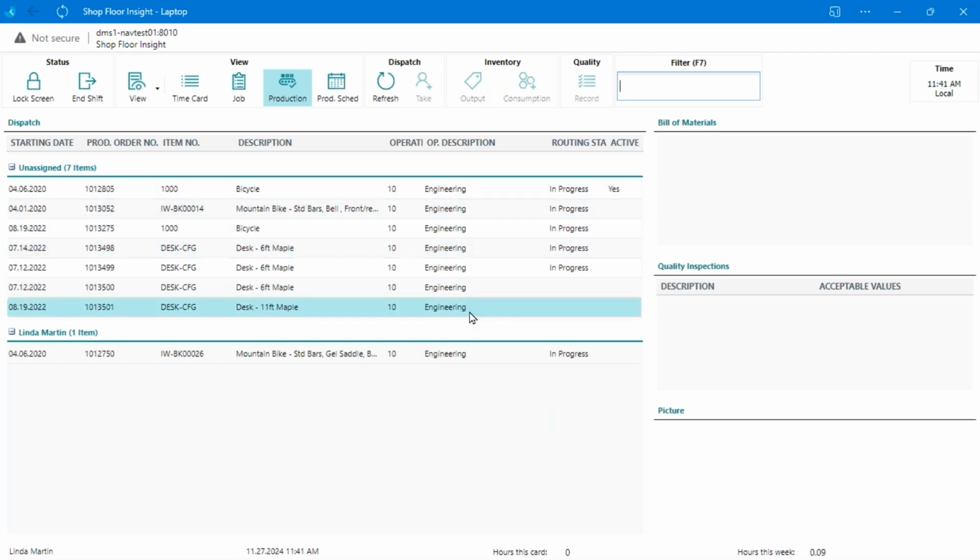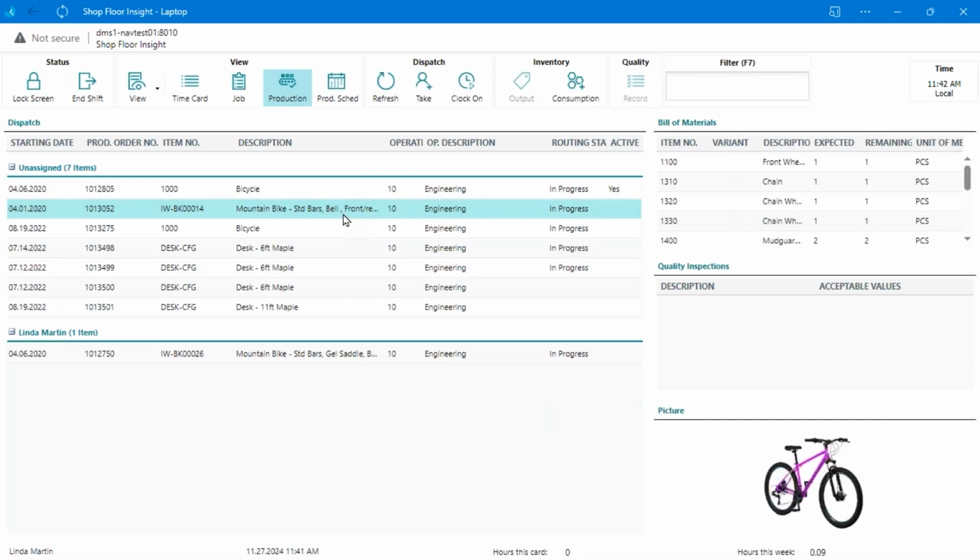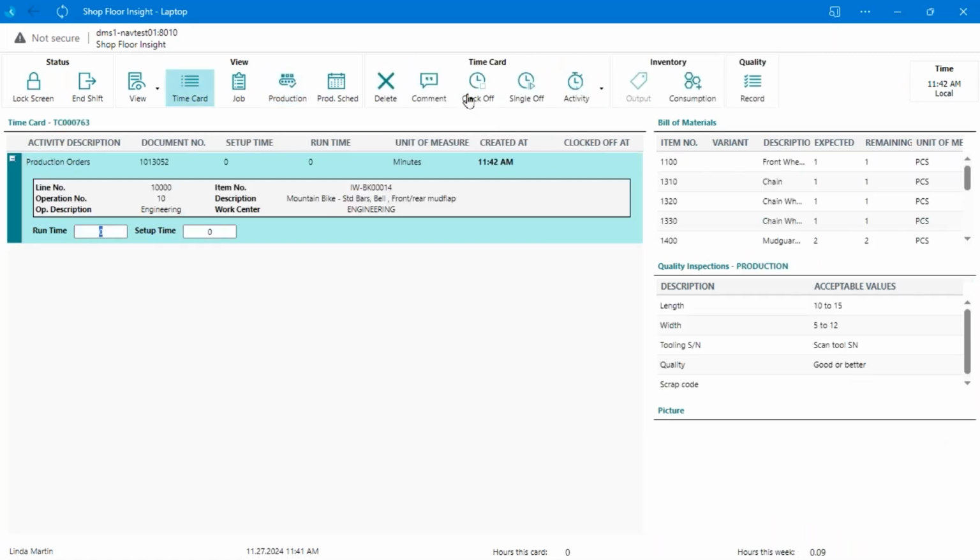or she could see the entire schedule for all departments. But this is what's coming up at her particular work center for the next day or week or hour or whatever you want to set that filter to in Business Central. So she can see kind of what the schedule is. She can tap on one of these things, like if you use a touch screen or just use the mouse and keyboard. But you can tap on one of these things, see a bunch of stuff. Her view is a little different than the one I had before. Tap clock on and start that work, right? So you don't have to go with a traveler.